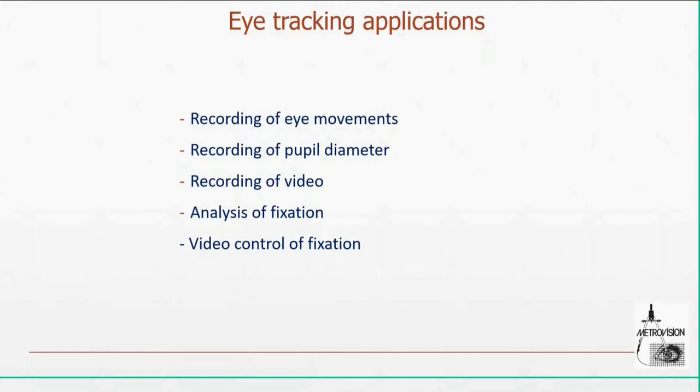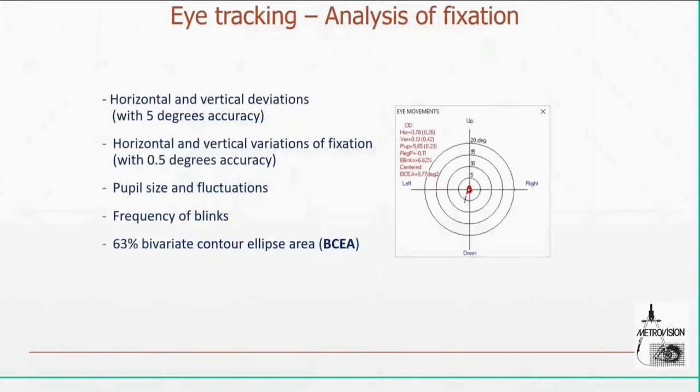On our equipment, we also have multifocal ERG. So you can record eye movement, you can record pupil diameter, you can record the video at the same time, and analyze fixation. And this is a typical report we have at the end of a visual field exam, where we show the horizontal and vertical deviation. We show the pupil size, average value, and fluctuations. We show the rate of blink, and we show what's usually called the BCA, the bivariate contour ellipse area, which